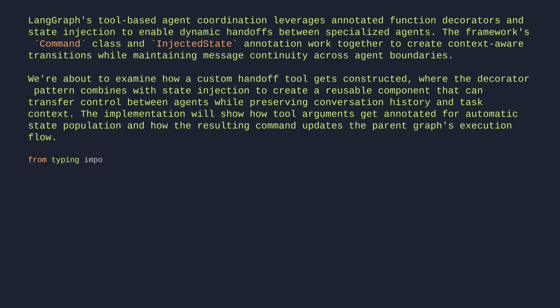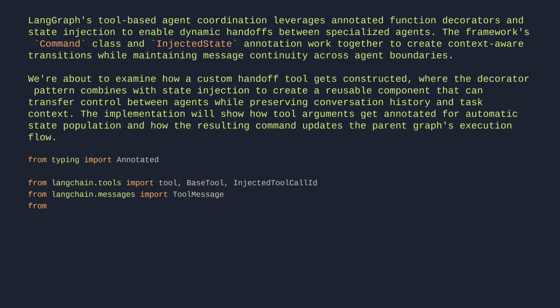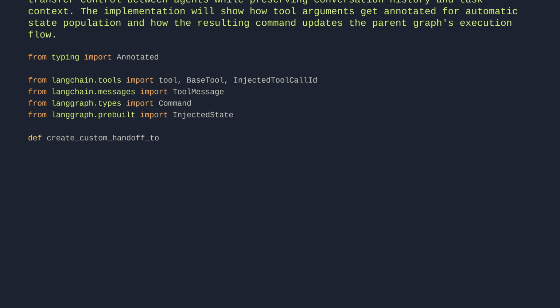From typing, import Annotated. From langchain tools, import tool, BaseTool, InjectedToolCallId. From langchain messages, import ToolMessage. From langgraph types, import Command. From langgraph prebuilt, import InjectedState. def create_custom_handoff_tool(*, agent_name: str, name: str | None, description: str | None) -> BaseTool: @tool(name, description=description)